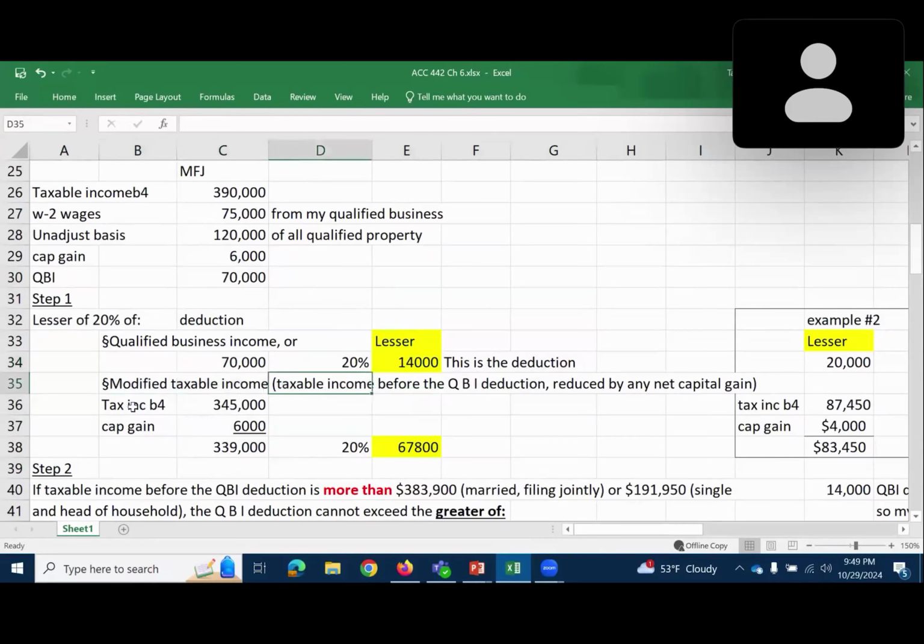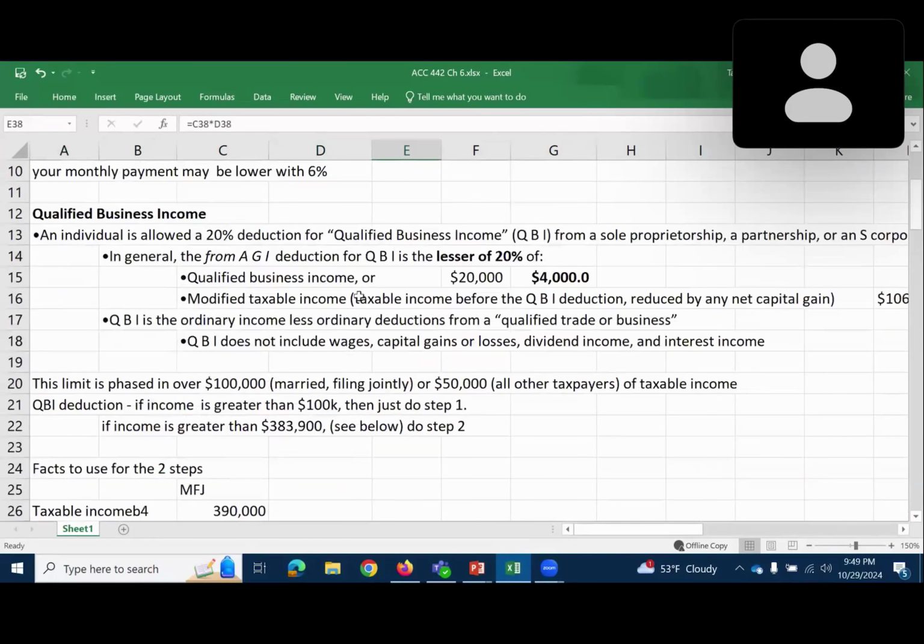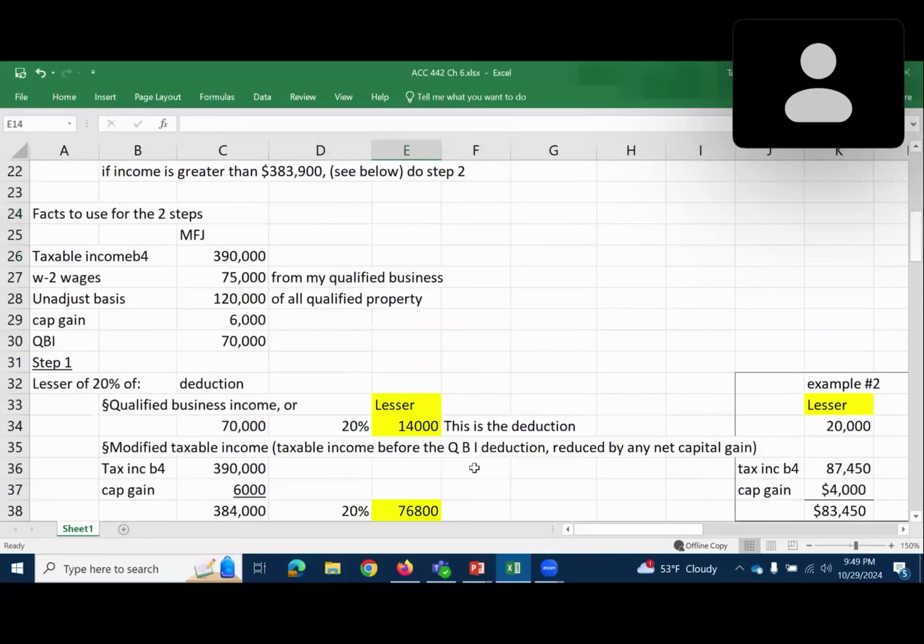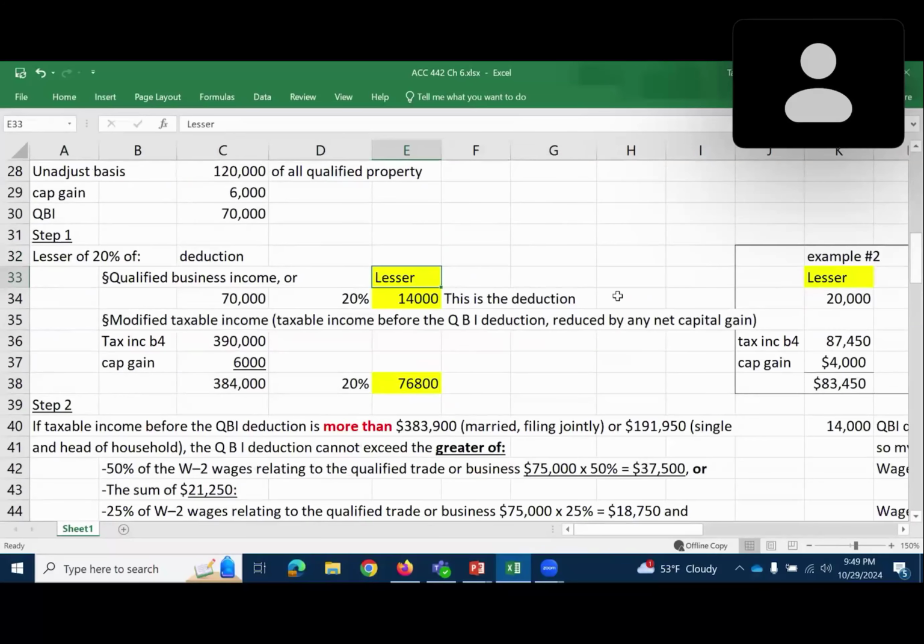My modified taxable income is taking my taxable income of $390. I have to change that to $390 now. Subtract out the capital gain of $6,000, I get to $384. $384 times 20% is $76,800. Which number is the lesser of? Step one is you take the lesser of these two. Which one is the lower number? This is the lower number. This is the deduction,